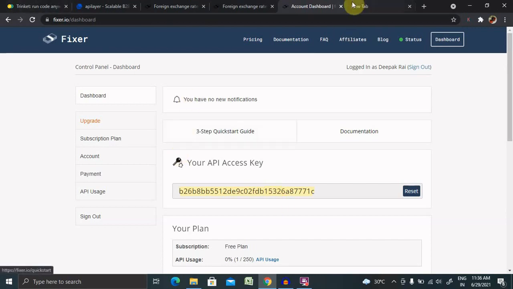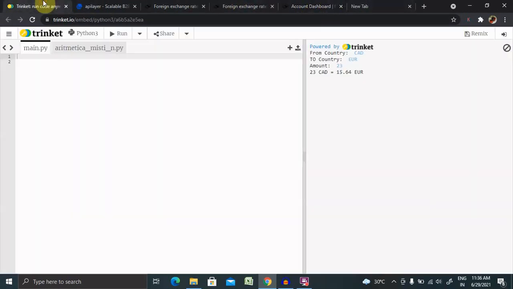We are going to use these two details inside our Python code so that the currency will be converted in this format. So let's see how we can create it using Python programming language.